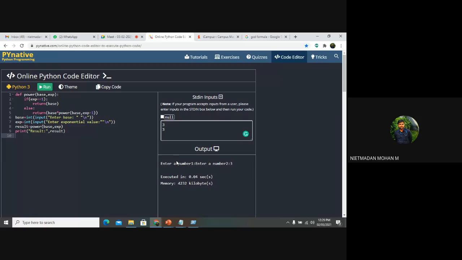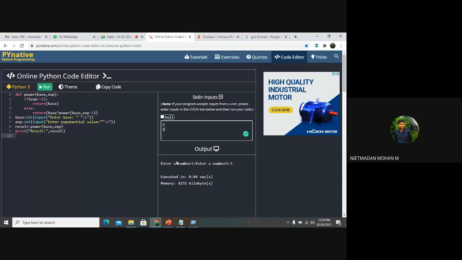If you have this problem from a university point of view, then you want to write the theory part, that this is a fruitful function. We are passing an argument and the function is returning a value. And the second thing, this is also mentioned as a recursive function because the function has been called within the function itself. These two lines should be mentioned clearly from the exam point of view.